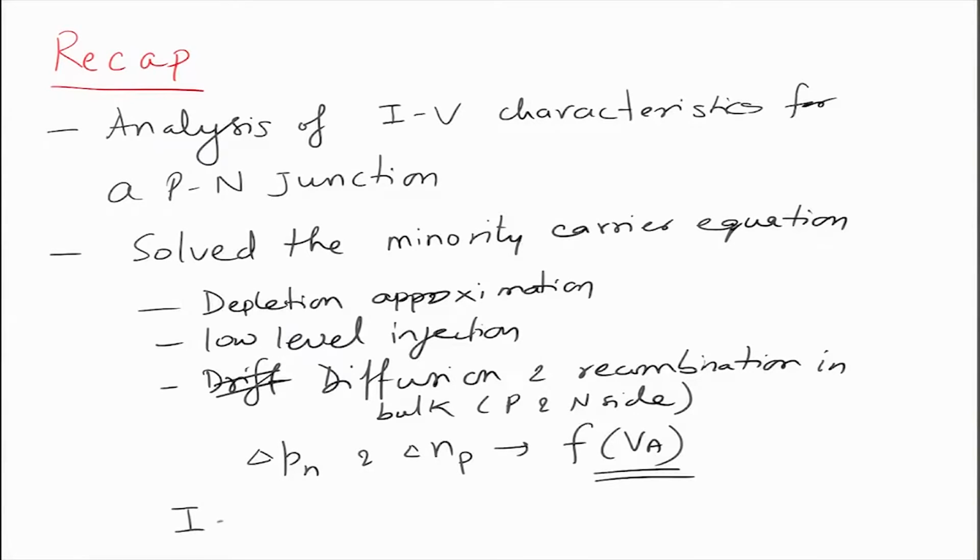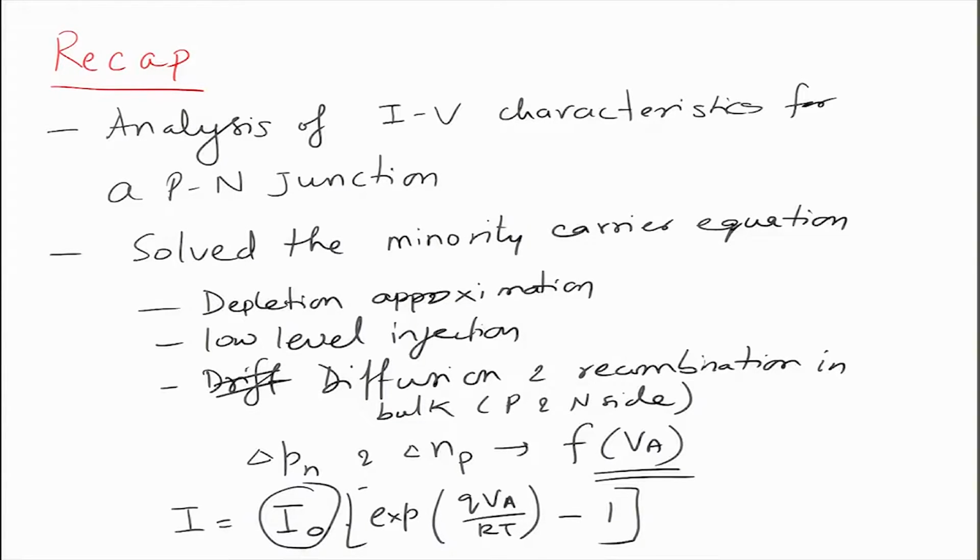in the semiconductor device. So, what we got was something like this: I is equal to I naught exponential of QVa by KT minus 1, all right, and I naught is the reverse saturation current. If you plot this IV characteristic, the curve is something like this. This is minus I naught, which is in the reverse bias. This is V, this is I, and this is the forward current, which is a very large exponential function. This is reverse bias. Okay.